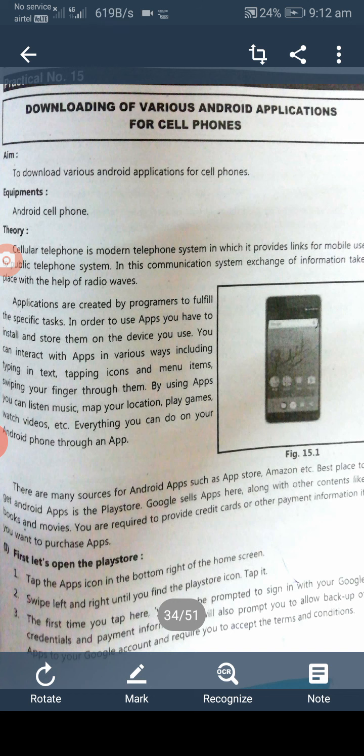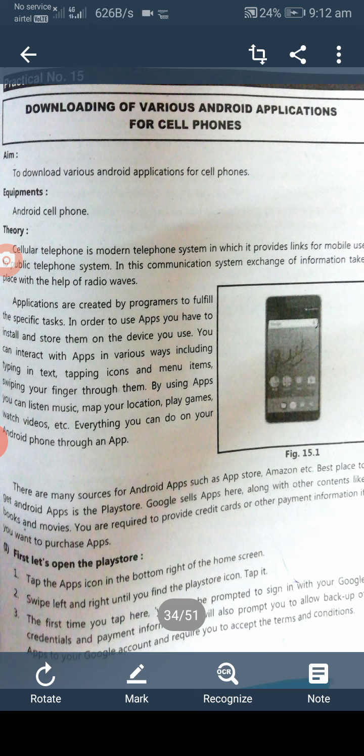By using apps, you can listen to music, map your location, play games, watch videos, etc. Everything you can do on your Android phone is through the apps.